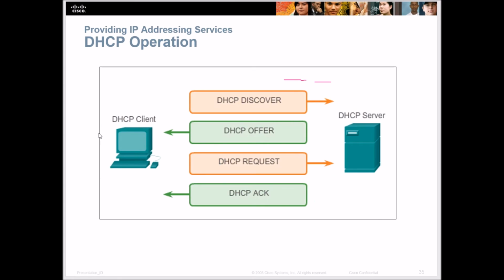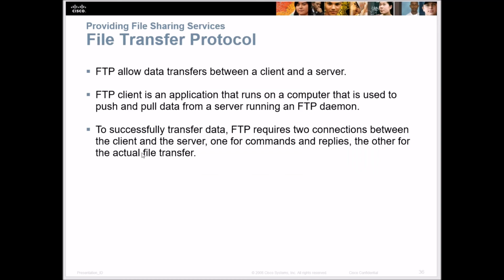And here's the DHCP operation. A client would say, "I need a DHCP." The DHCP server says, "Okay, here's my IP address." And then the client says, "Okay, I want to go ahead and request it now." And then it gives an acknowledgement. And then it holds that IP address until it reboots, whether you clear it or the DHCP server becomes unavailable and clears itself, because there's a time limit on how long those IP addresses get held. Depending on which of those conditions is met, it'll hold that IP address.